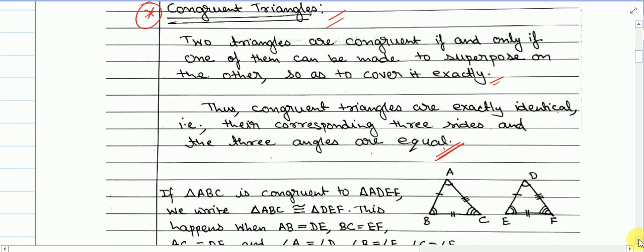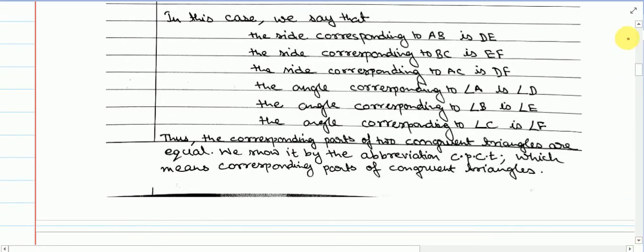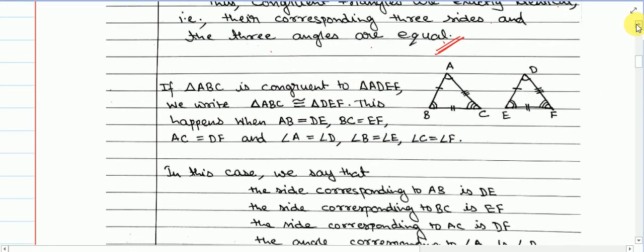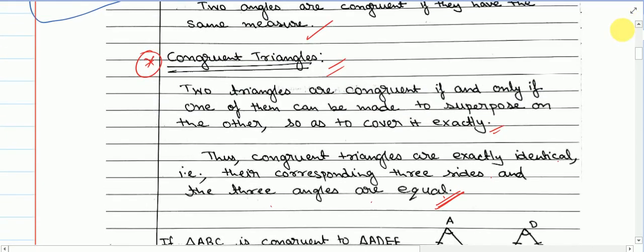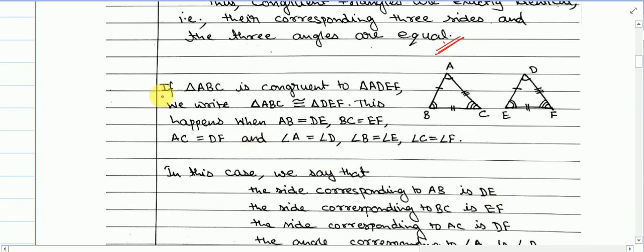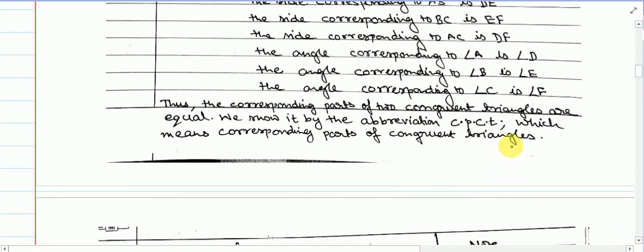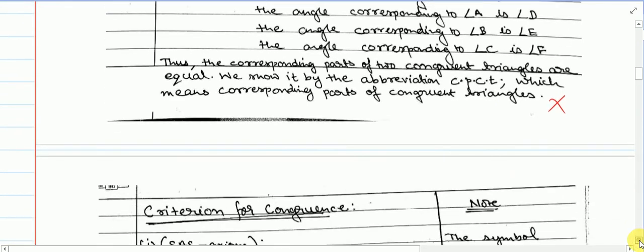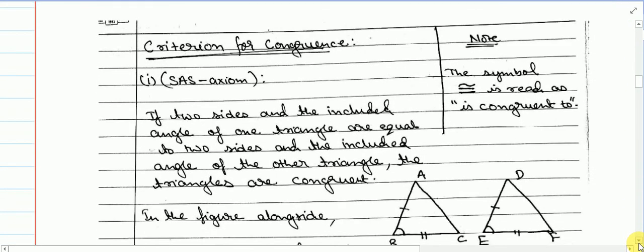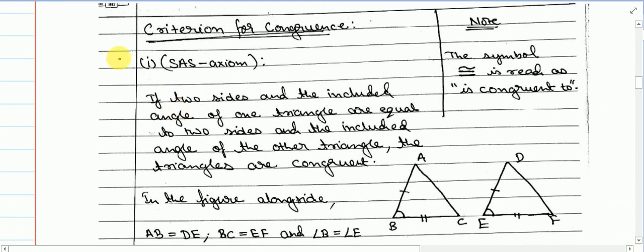Okay, so you will write till here, and then in order to write you can just pause the video and you can write. So you have to write till here, and then don't write this. No need to write this, no need to write this. I have already made you understand. No need to write. From here onwards you will write.